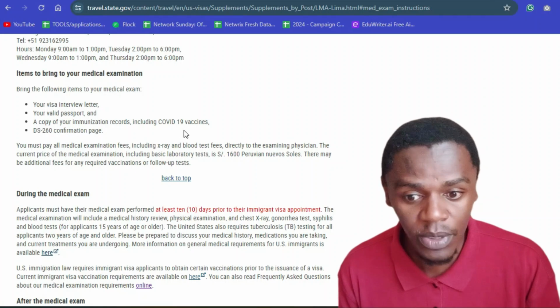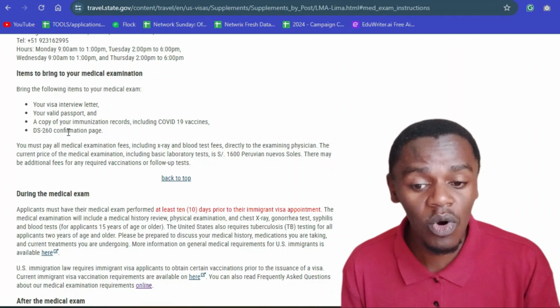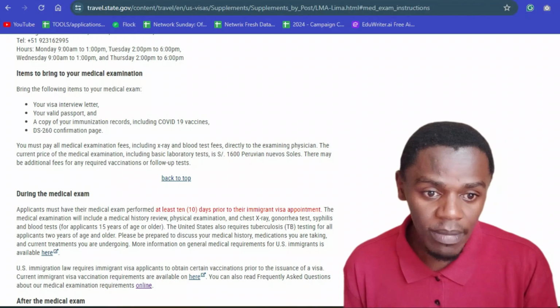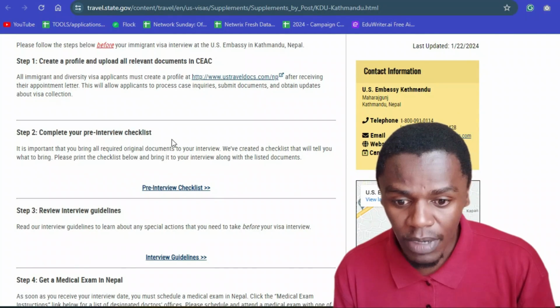That is for Lima, Peru. And then the DS-260 confirmation page. These 4 documents. What about the Kathmandu? The Kathmandu,